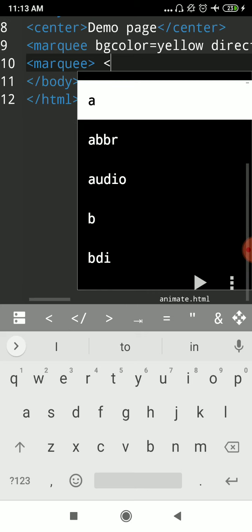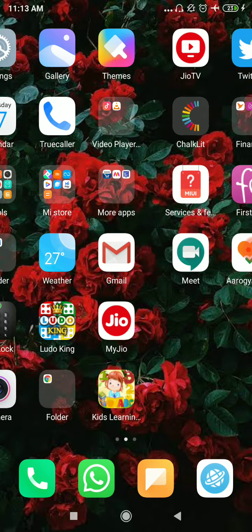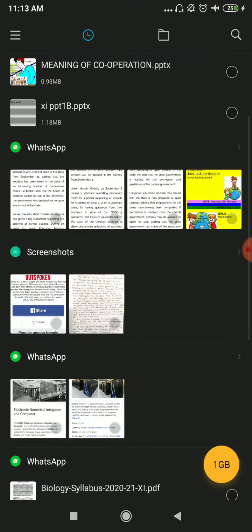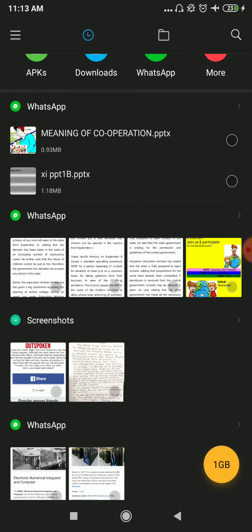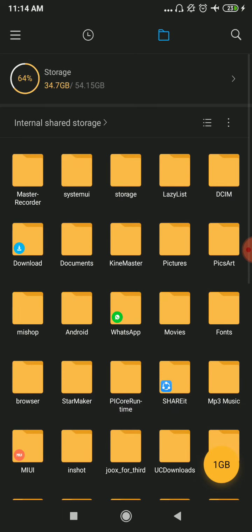So what I'm going to do is use the img src tag to upload my image here and create animation. Src equals, I will go to the location where I have images. I will quickly add one image.